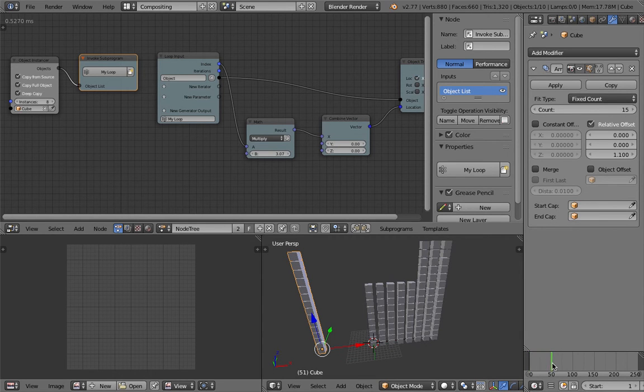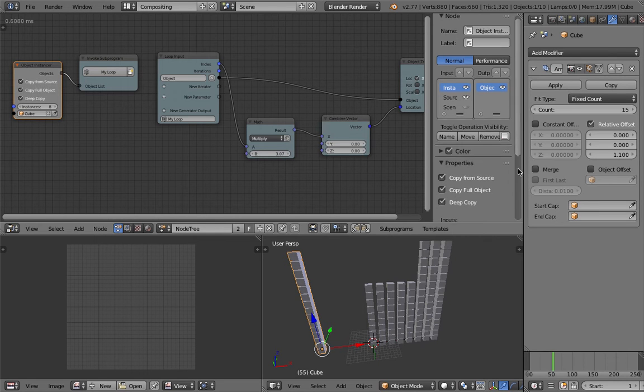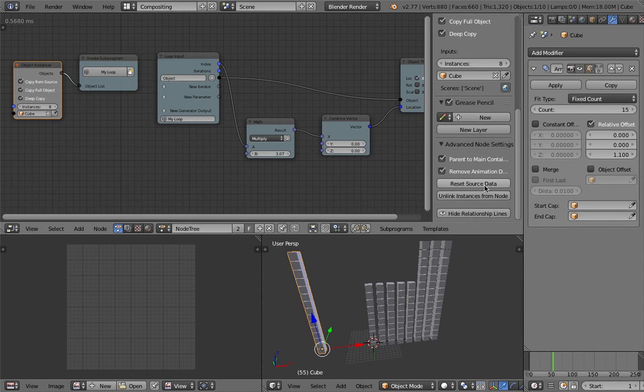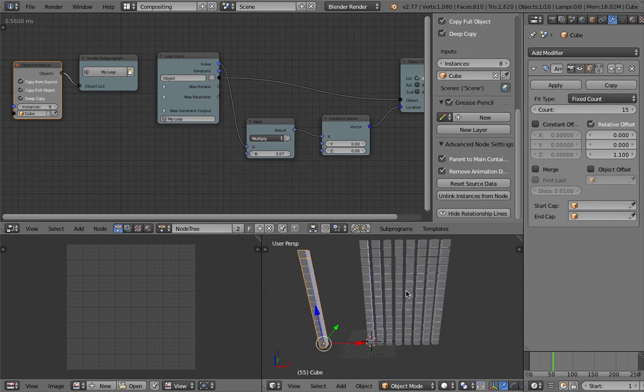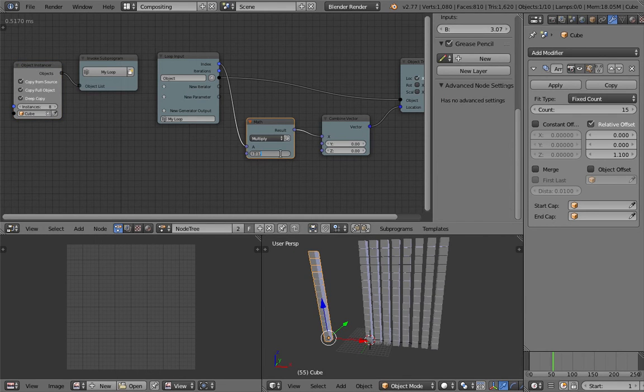I think that might be a bug, or no, you probably need to reset the source data. Yeah. So now, for each duplicated object, you see each one of them has a modifier in it,